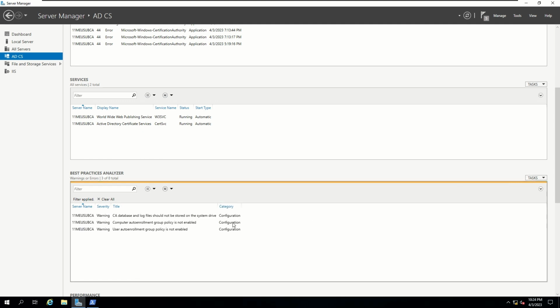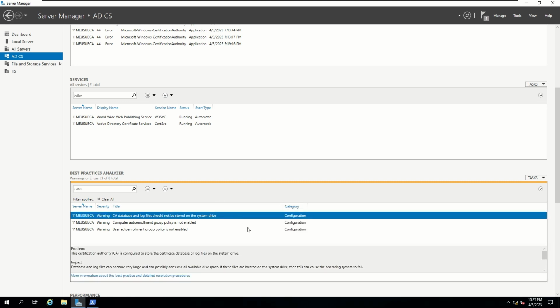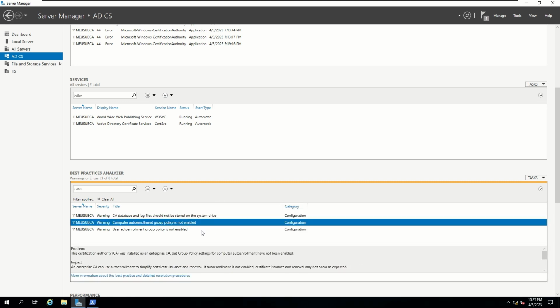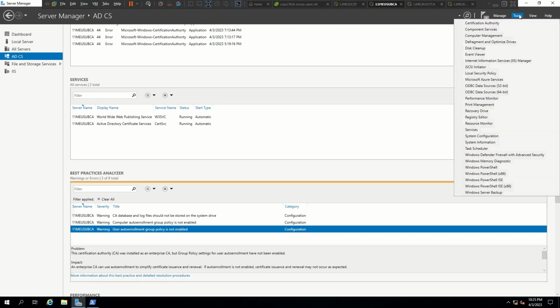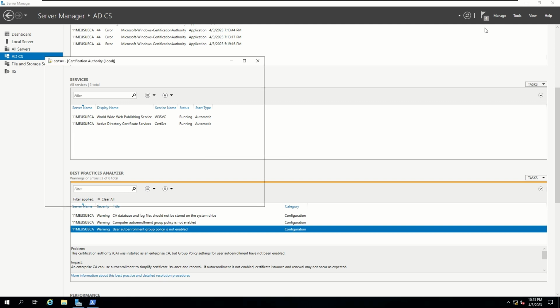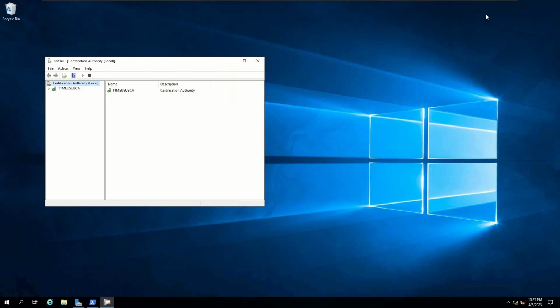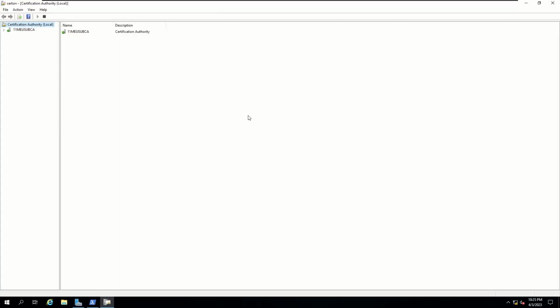Okay, and then we see some warnings right here. As you can see, it does what the name implies, right? It's a best practice analyzer. It's giving you some warnings on some things that you could change, maybe that you should change, and things like that. So this is mostly used for troubleshooting, or just to set up your network in a better way. Let's go ahead and move forward and open up our certification authority so we can publish the workstation authentication